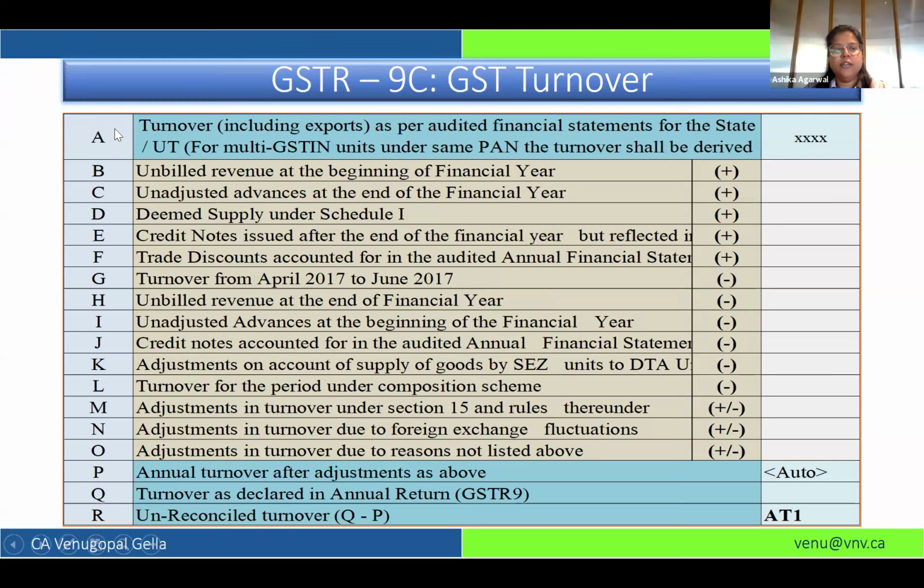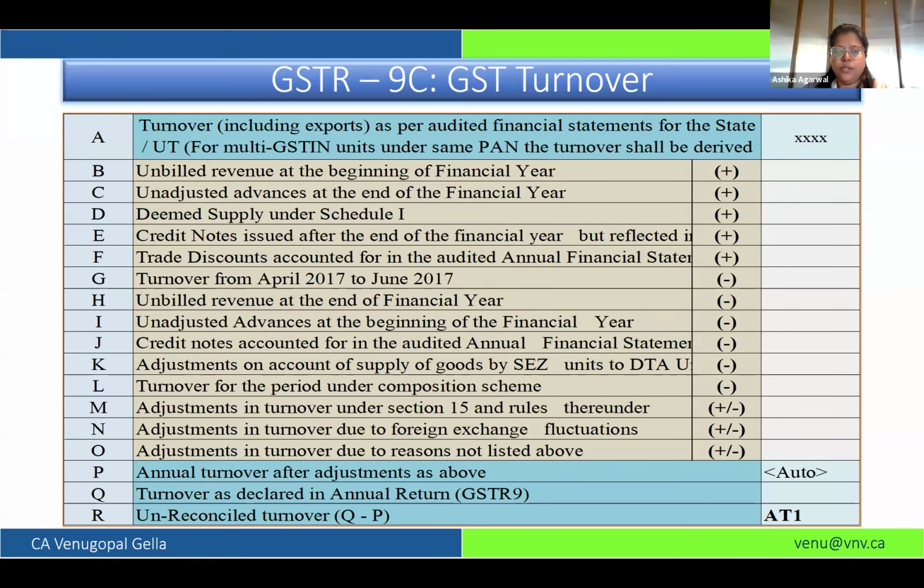Therefore, 5C deals with unadjusted advance at the end of the financial year, which I need to add. Similarly, the opening unadjusted advance is dealt by 5I, which I have to reduce. So basically, the advance received during the period is taxable. That is what you have to offer and do the adjustment in your audited financial income